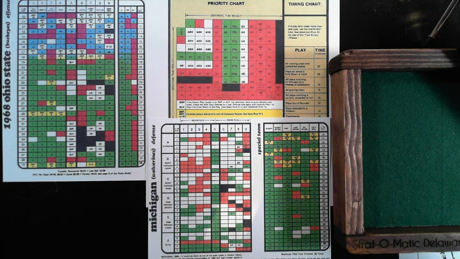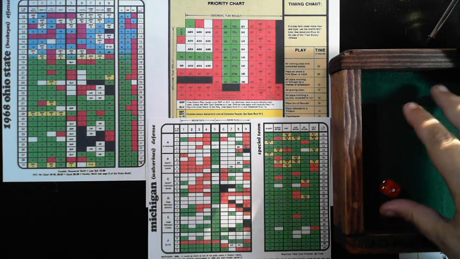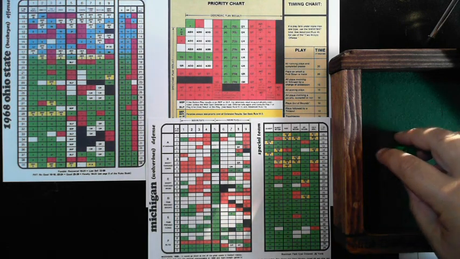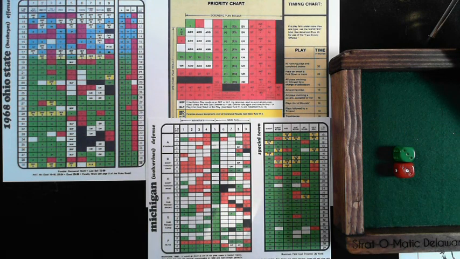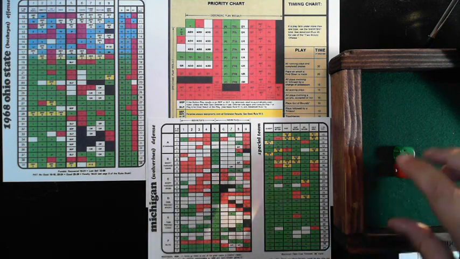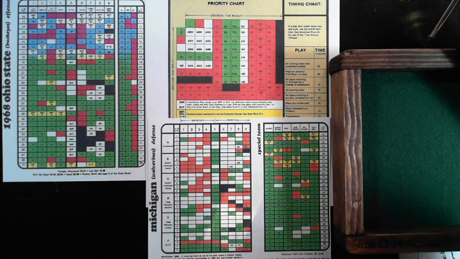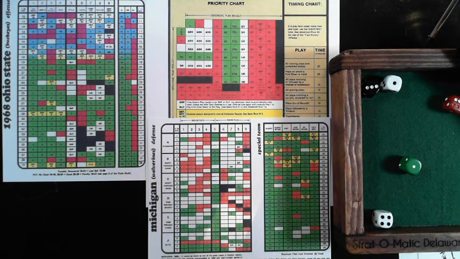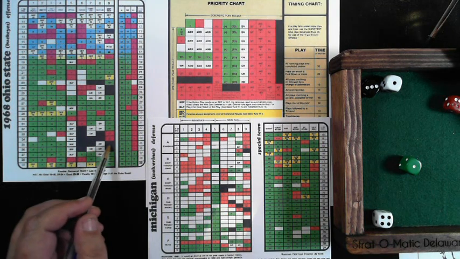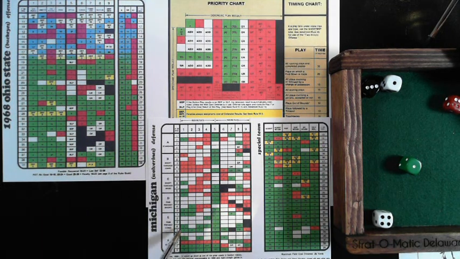Drop back pass. No, I'm not going to go short yardage wide. I'm not going to do that. Pass prevent long. Echo. Drop back pass. We need a 39. Didn't get it. 35. 4 on the echo. It is incomplete.